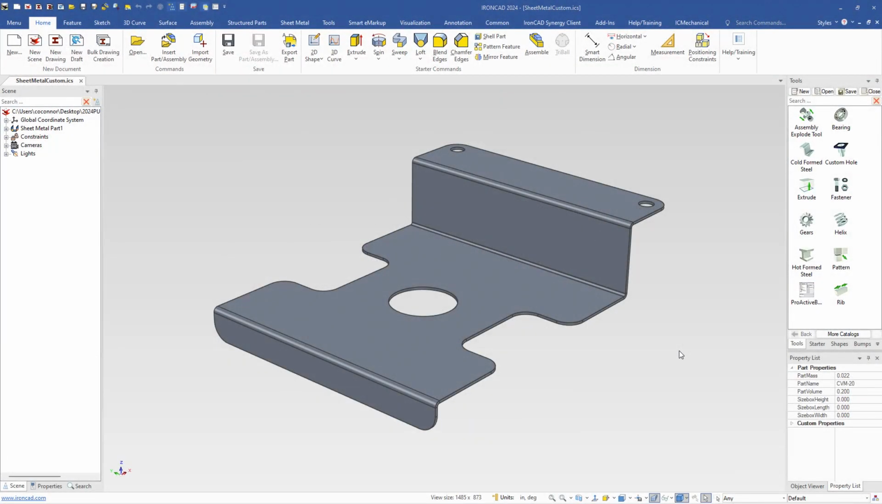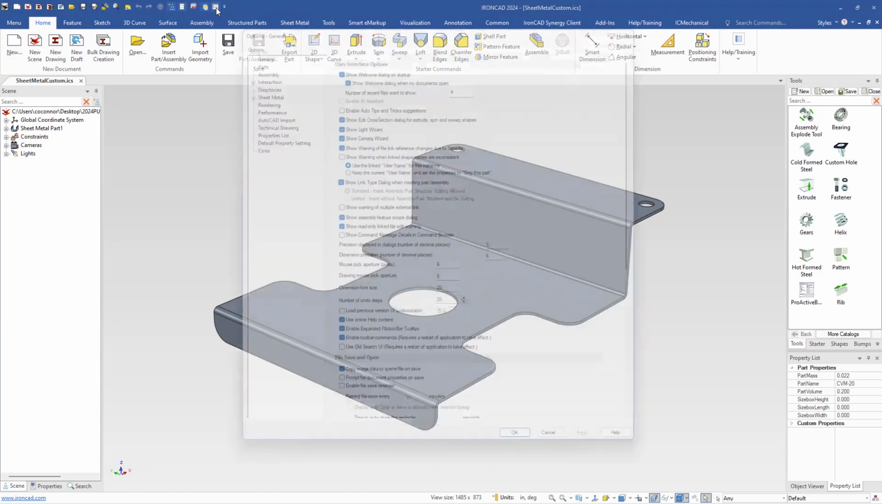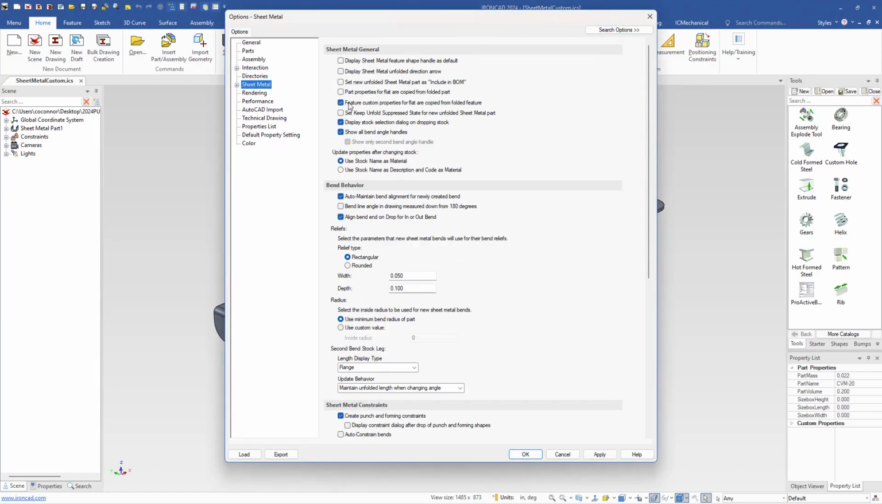New capabilities for IronCAD's sheet metal parts have been added to allow you to copy custom properties from features from the folded to the flat. Located under the Tools Options for sheet metal, you'll see this new option, when it's enabled, will allow you to